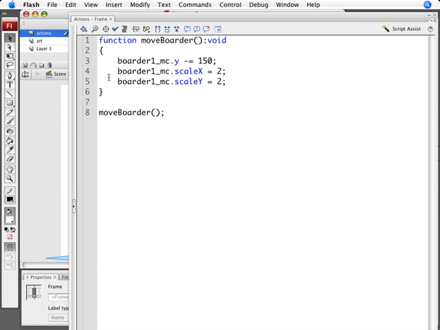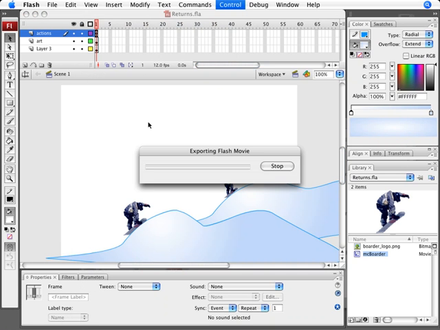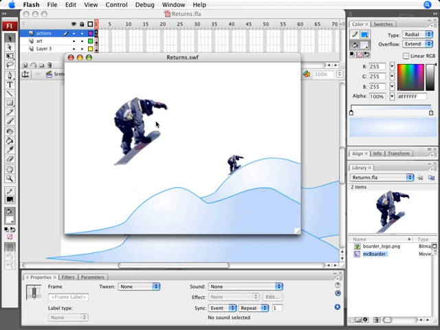I have a really simple function called moveBorder, and it's going to make Border1's Y subtract by 150, so it'll make it go up 150 pixels. And then the .scaleX property scales an object horizontally, and the scaleY property scales an object vertically. And the value of 2 that I'm giving here and here will make it twice as wide and twice as high. So if I close the Actions panel and I test the movie, we can see that the border is